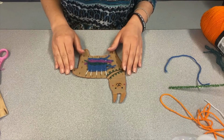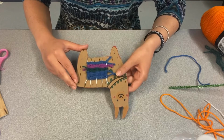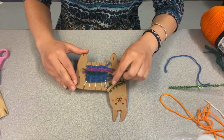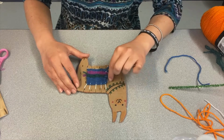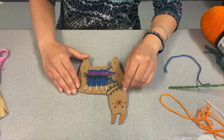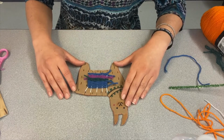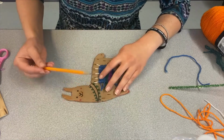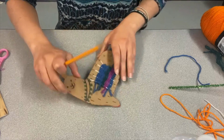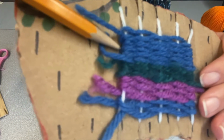If you would like to take your weaving off of your llama, you can do that, or you can keep it on. If you want to keep it on, I recommend tying these tails, or you can tuck them behind. And if you want to be able to take your weaving off and then eventually do another one, what you'll do for that is use your pencil, and we're going to be looping these tails right into these looped ends right here,